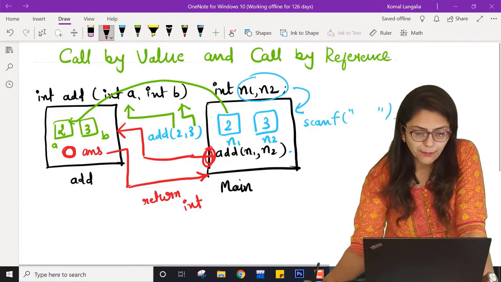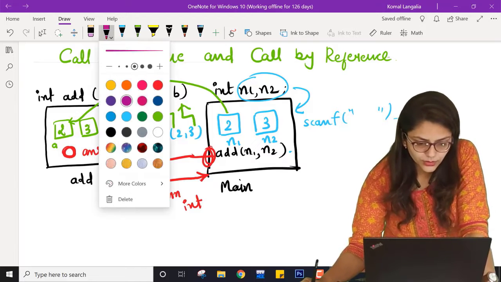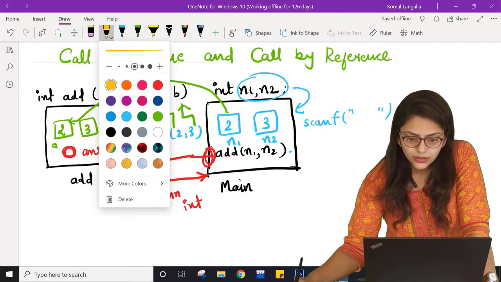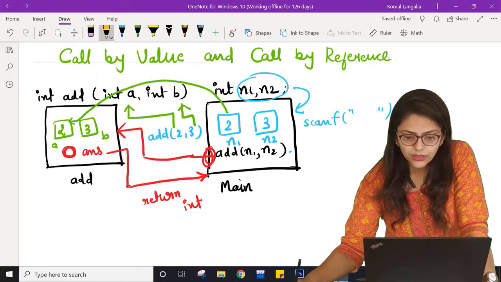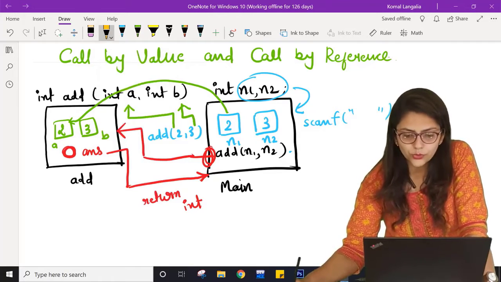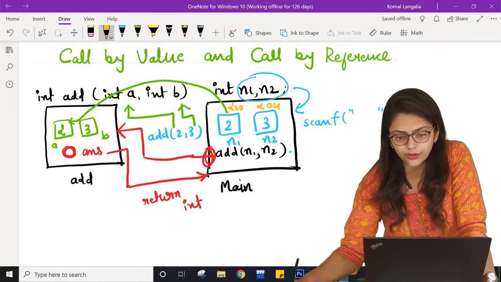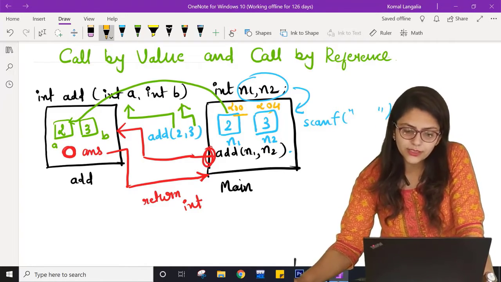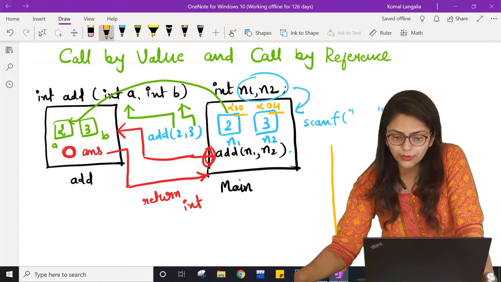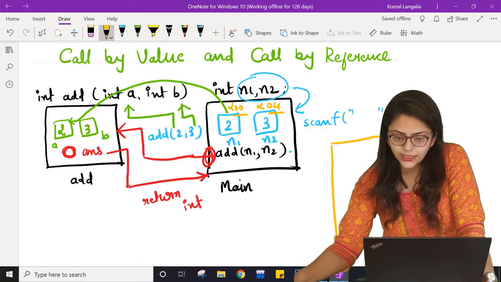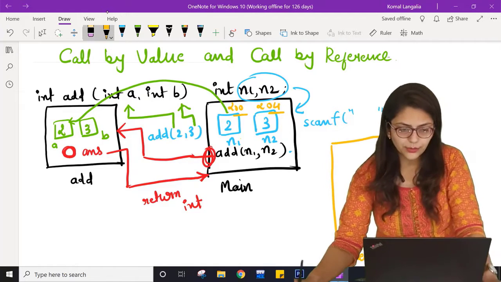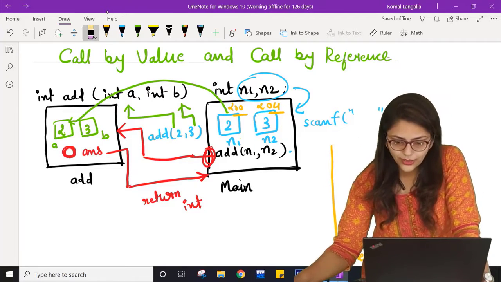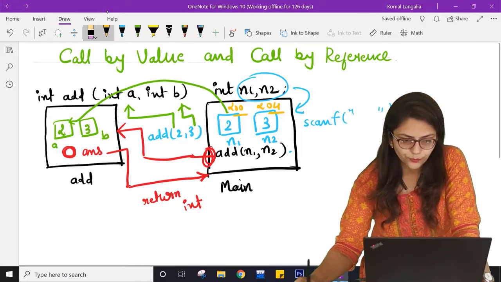Now it may happen that the address where n1 is stored is 200 and n2 is stored at 204, right? So at some particular memory location n1 is created and stored, and at another particular memory location n2 is created and stored. Let me draw it in such a way that it is visible to you.